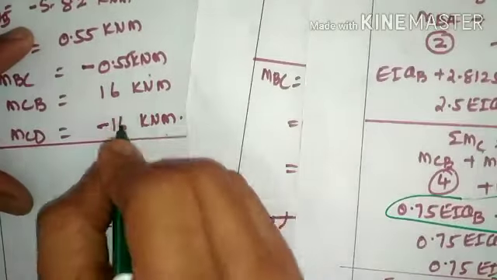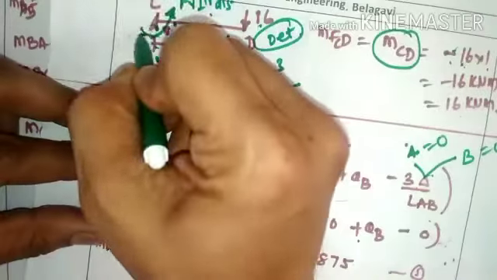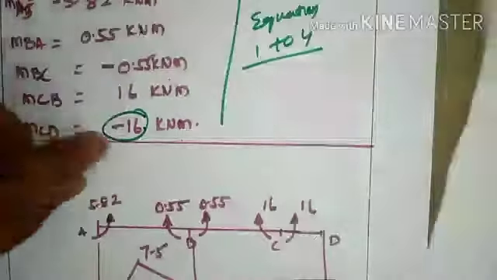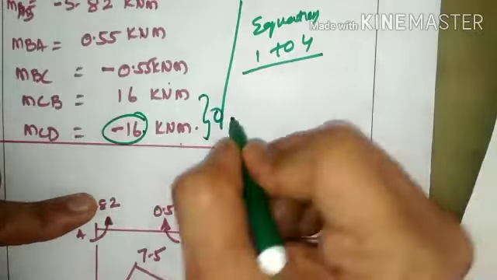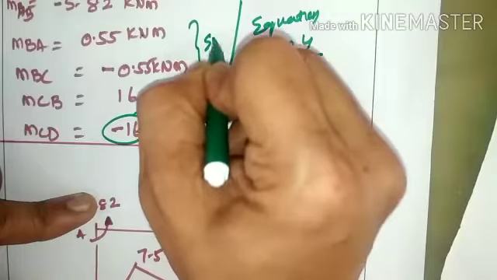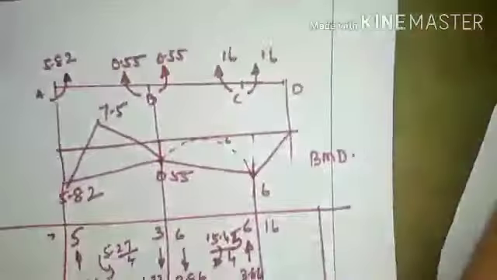One thing that should come to your mind is, if it is minus 16 on the right hand side here, then to balance it on the left hand side it should be plus 16. So that's why you get plus 16 minus 16 here. Net moment at C is 0. Plus 0.5 minus 0.5, net moment at B will be 0. So these are the final values of the moment at B and C.